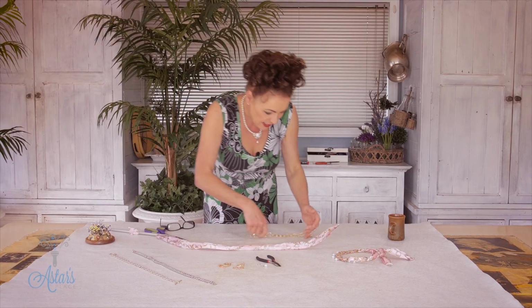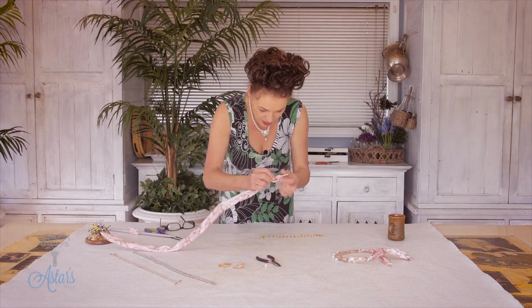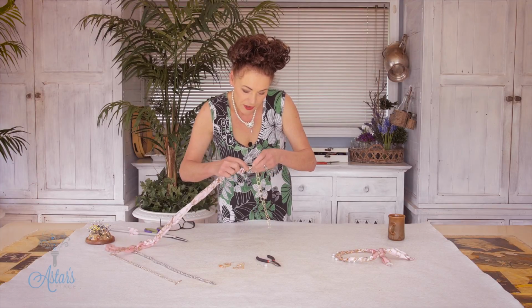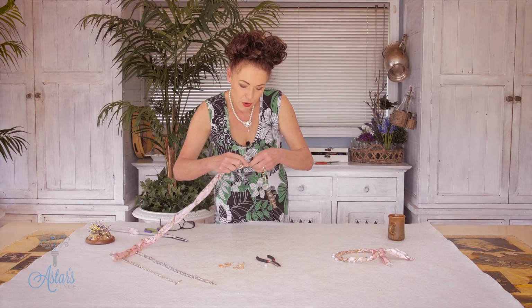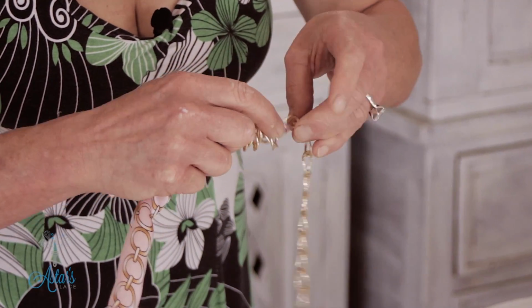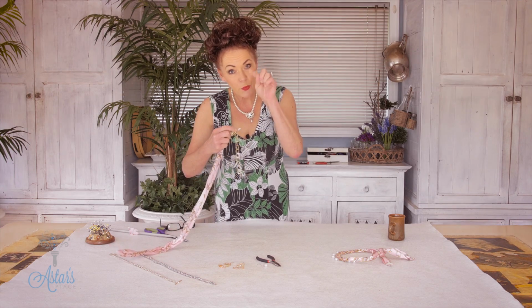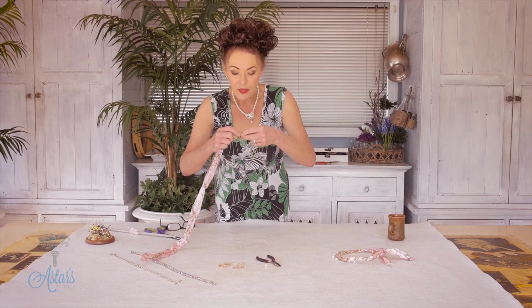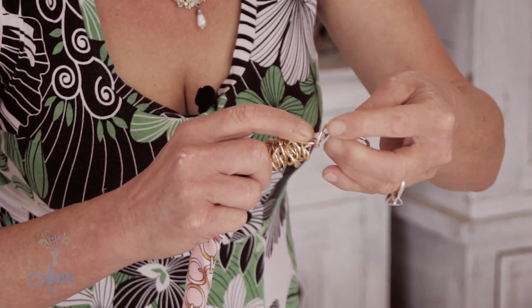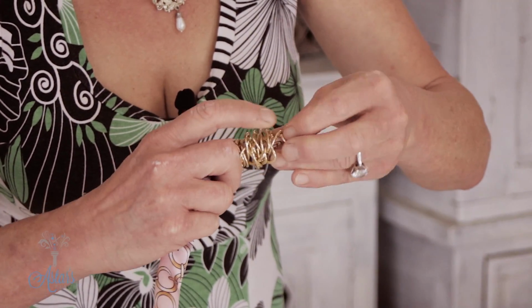Then you don't need a needle, you don't need anything from there, just getting that like that, and then you just thread that through all of the chain, which is really easy. And also by making that little loop with the wire like I did at the beginning, the reason I did that is so that the wire doesn't push through the end of our little pointed bit,